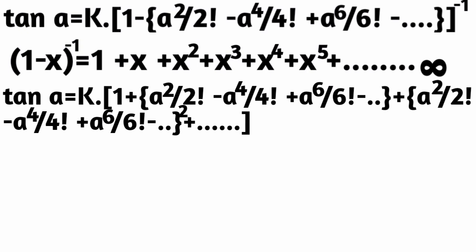Okay, so by applying the pattern of (1 minus x) whole to the power -1 and neglecting higher degree terms, the expression of tan alpha can be written as follows. In the expression of cos alpha whole to the power -1, we have taken only 3 terms, that means the constant term, first degree term and second degree term. We have neglected other degree terms because higher degree terms can be supposed to be equal to 0, because here alpha has to be taken as a very small value.